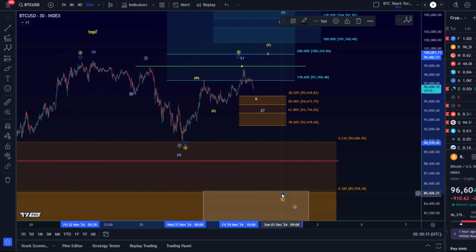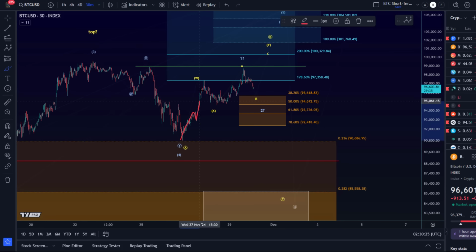Or it's the blue extension to the upside, so another 1-2 setup where this is a 5-wave move. 1, 2, 3, 4, 5. Not an ideal structure. Wave 4 was a bit deep, but valid. And that's unchanged from the previous video. That support area that I added to the chart is between 95,618 and 92,418. And I tried to explain to you in the previous update that the 78.6 retracement down there at 92,418